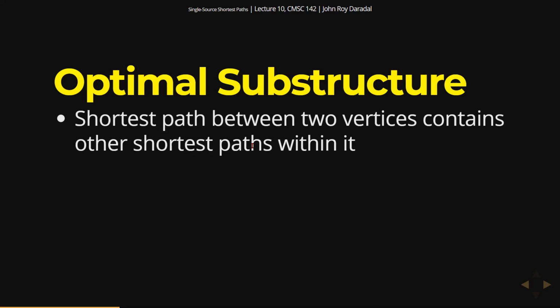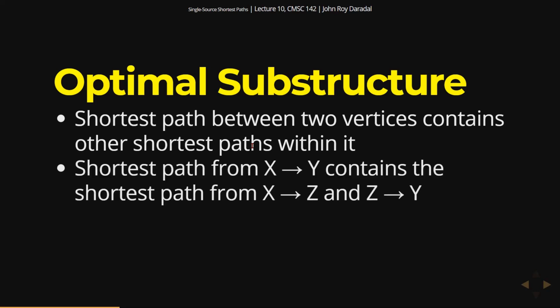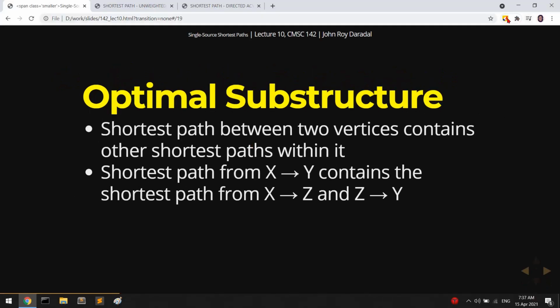So the shortest path between two vertices contains other shortest paths within it. Now what does this mean? Let's say that you were taking the shortest path from x to y, and that shortest path also contains, let's say, the shortest path from x to z and z to y. So for example,